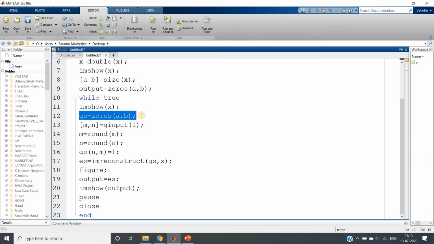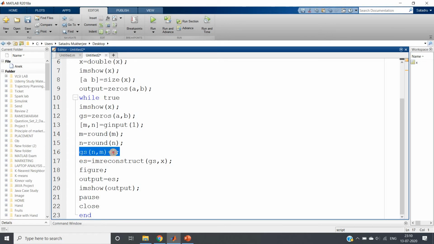So gs is completely 0, but at the part where it is clicked, the pixel value is 1. I take the coordinates as n comma m, because as I have told you, in case of matrix dimension you have to give column then row. Generally we take row comma column, but here we need column comma row. I have already discussed this previously.